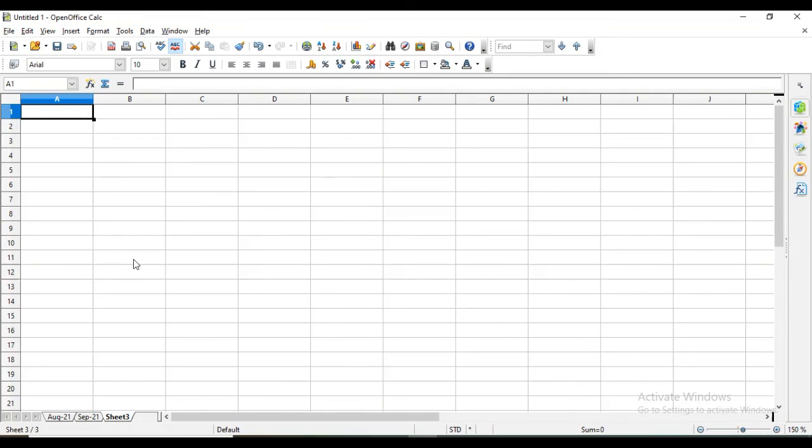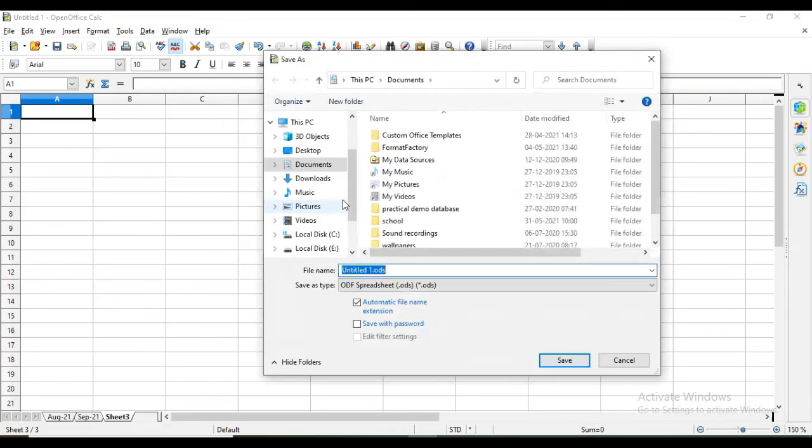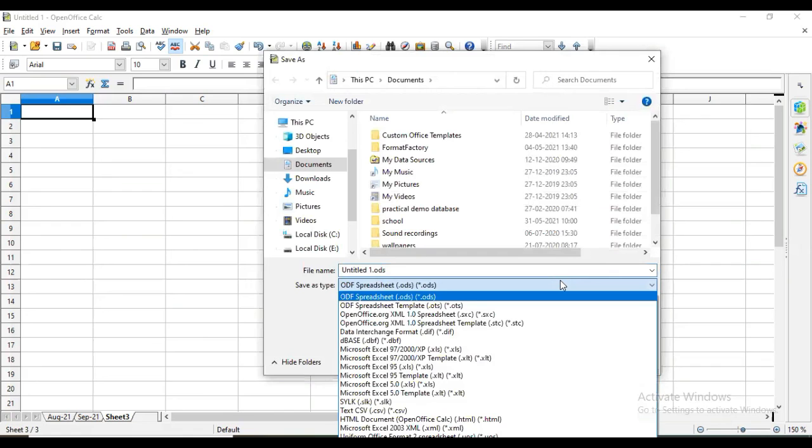Then the title bar is showing you the name of this file. Right now we have not saved this file, so it is going to show Untitled 1. Now when I save this file, it is giving different formats: in which format you want to save it.